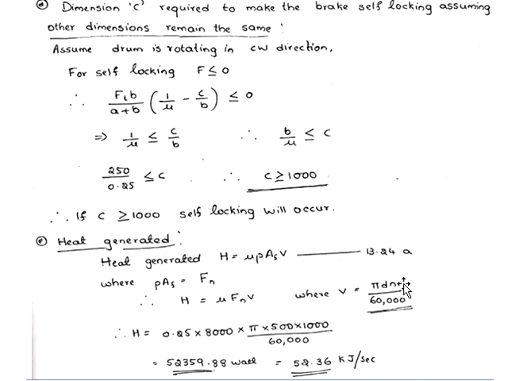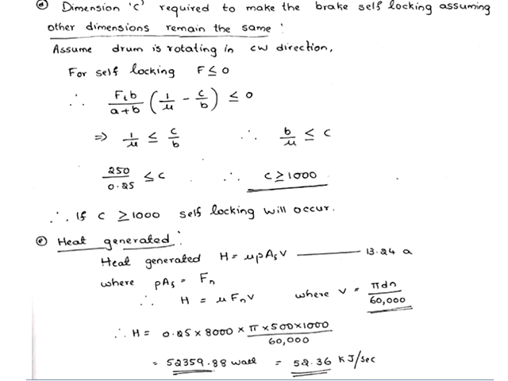So substitute D and N, you will get heat generated 52.36 kilojoule per second. Sometimes if Fn is unknown, they will give you a pressure value and an area. For a rectangular block, they will mention its width and both dimensions, so that you can calculate the area of the rectangle. Pressure value will be given in the question. So using that method also you can find out heat generated.